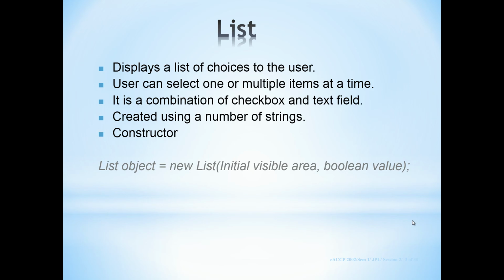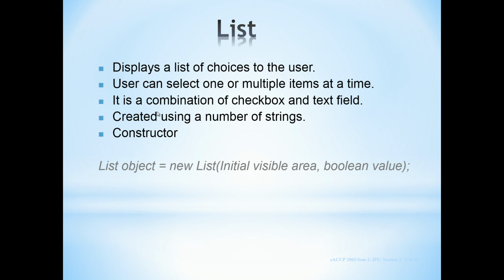The next control is list box. Like a combo box or a choice box, it also displays the choices to the user, but it allows single selection as well as, the main thing, multiple item selection. It is also known as a combination of checkbox and text field. It has all the properties and methods the same as those of choice box. It is also dynamic in nature and it manipulates the list in an array fashion. The first item is stored at index 0 and the last item is stored at count items minus 1.